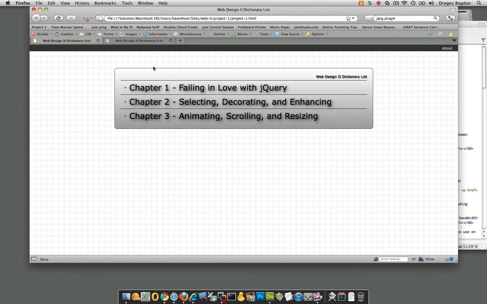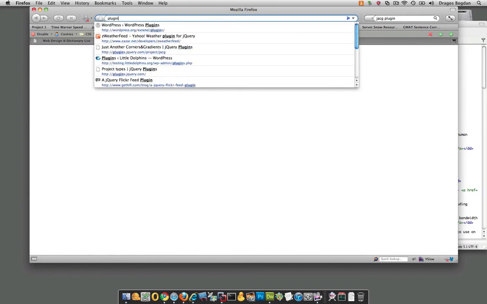Now, jQuery plugins are things like added functionality that you could add to the jQuery framework that is not as common as all the things that they already have in there. So they don't want to put all this functionality inside of the main jQuery library, because then it's going to be more code, and it becomes bloated, takes longer to download, and all that stuff. So the plugin that I'm using over here can be found in